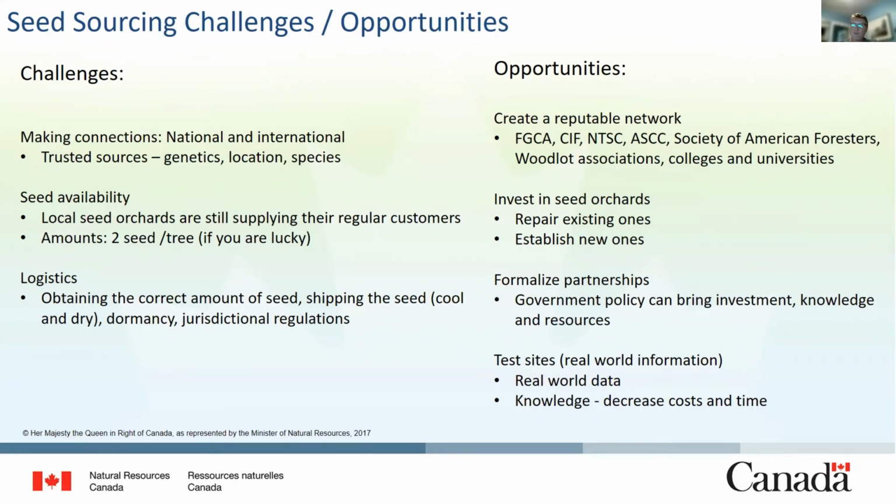And we have to work through the logistics on how much of the seed and how to ship it, and dormancy requirements and all the jurisdictional regulations that go along with trying to get living material across a border, which is not always easy. But it really does represent a whole bunch of opportunities for us, as a CFS and Wood Fiber Center, but also for our partner organizations, and allows us to create greater networks and work together to hopefully leverage